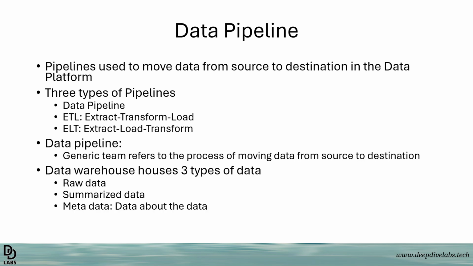Data pipelines also help you. In a typical data warehouse, there are three types of data that get stored. One is a staging area where raw data is collected from the operational system. Then data needs to be summarized and stored in complex tables to bring out the insights. And the metadata, data about the data, also needs to be stored. For all of this storage, it's important to have data pipelines: to bring in the raw data, process it and put it into summarized data tables, and also collect the metadata. So the data pipeline is essentially a generic term.